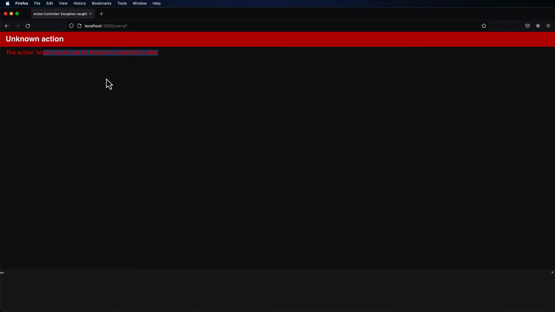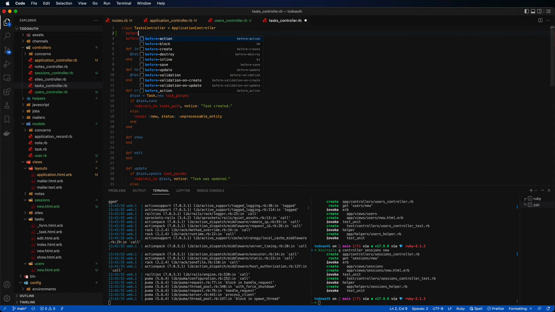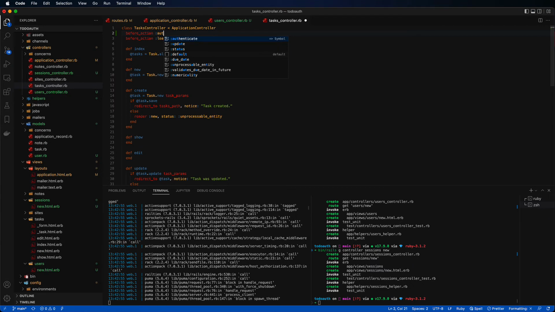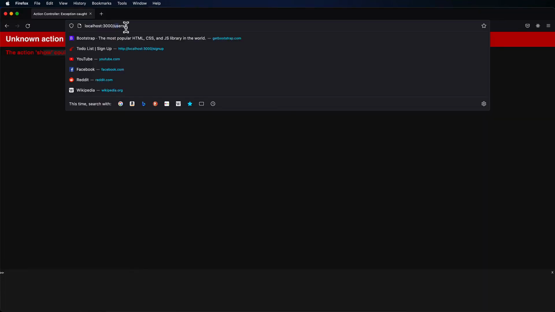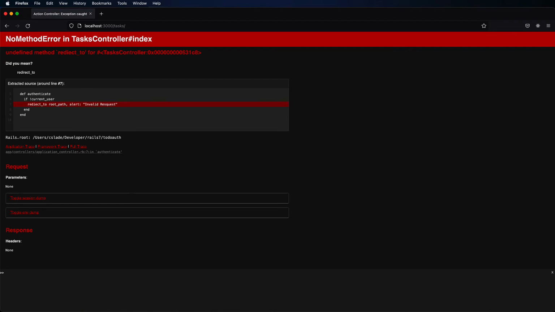Instead of actually seeing the profile, they'll be redirected to the root path. Now we can do that for this before action, or at least in the task controller. We can protect all actions inside of here because in order to access any tasks, we want the user to be logged in. If we go to the tasks URL and we just try to type that in, we see